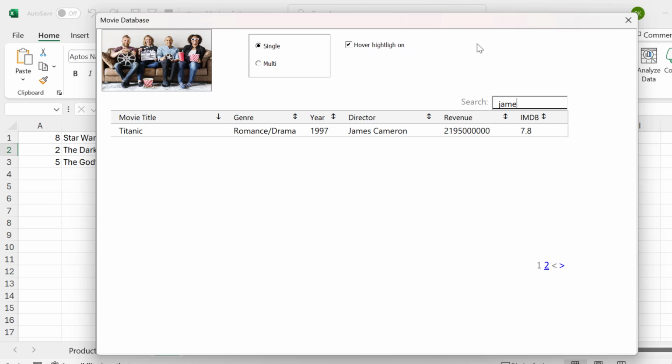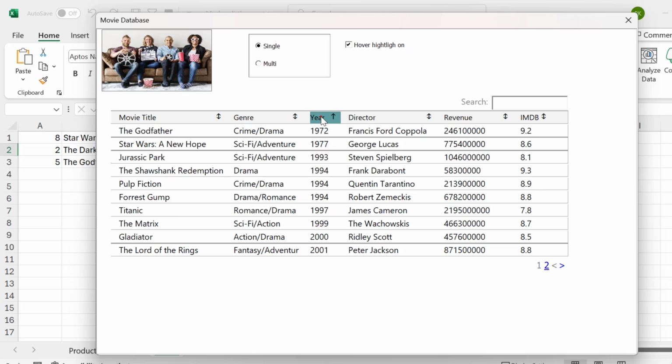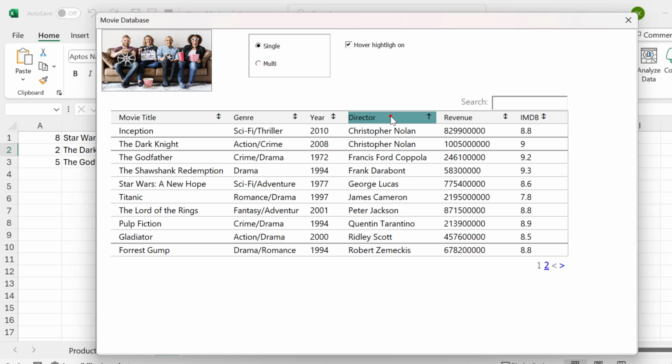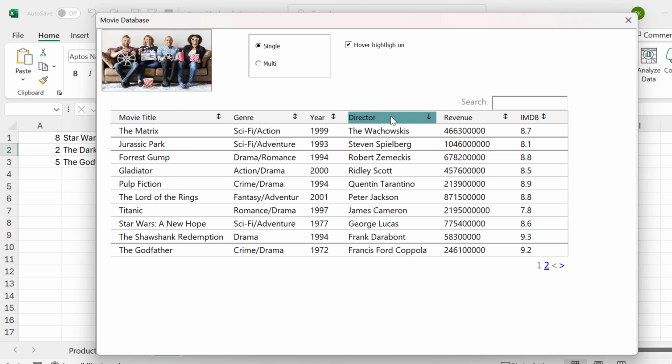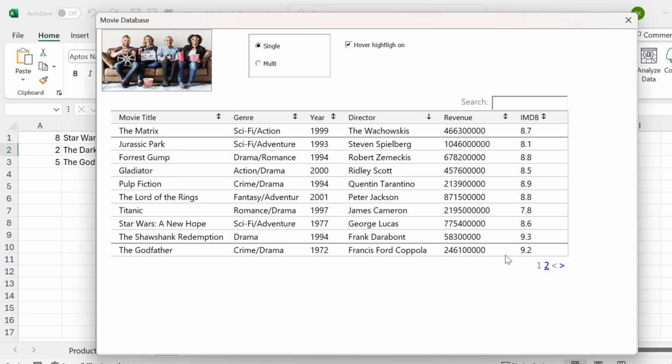Another standout feature is column sorting. Just double-click any header to sort in ascending order and double-click again to sort in descending. At the bottom you'll find page navigation buttons, allowing you to easily flip through pages using arrows or by selecting a specific page number. You can click any record to select it and notice the blue highlight that appears when